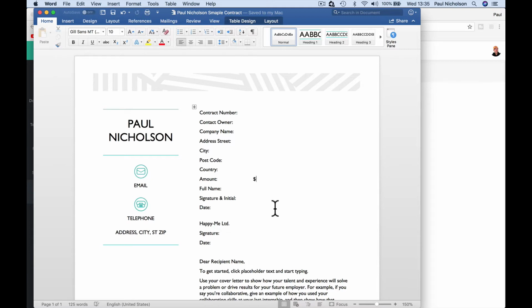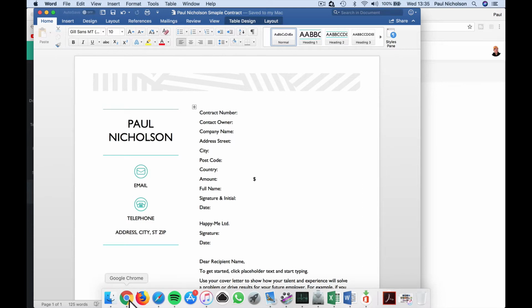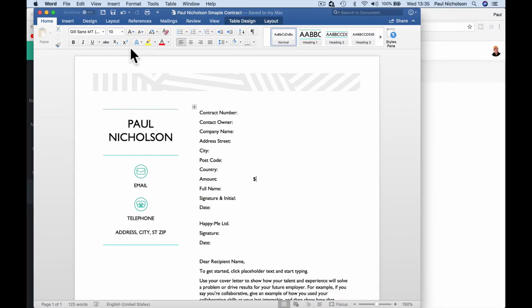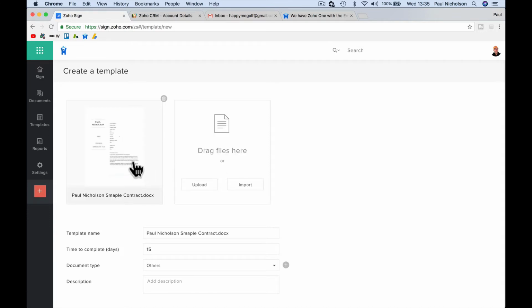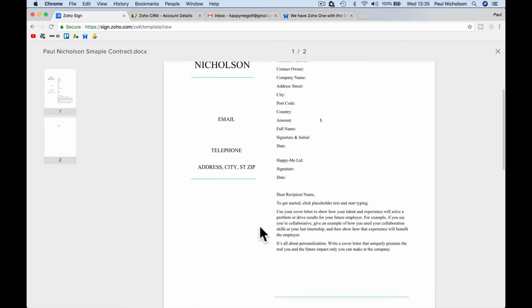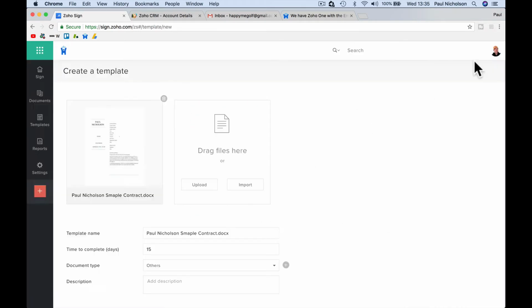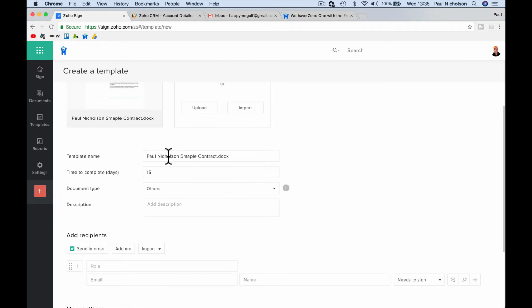Whatever your contract is, make sure you've saved it, and I'm going to import that contract. Obviously you're going to have your own version of it. So I go to the sample contract and it's going to pull that information in. Look, so I can now view it, with everything in it that I want. Template name, sample contract. Let's call it